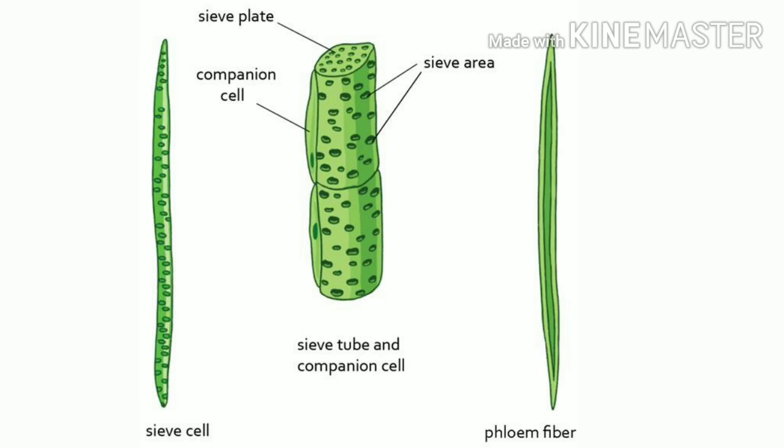Phloem fibers are made up of sclerenchymatous cells. They are generally absent in primary phloem, that is when the plant is very young. These are absent, but are found in secondary phloem, that is when it gets mature. These are much elongated, unbranched and have pointed needle-like apex. The cell walls of phloem fibers are quite thick. At maturity, these fibers lose their protoplasm and become dead.